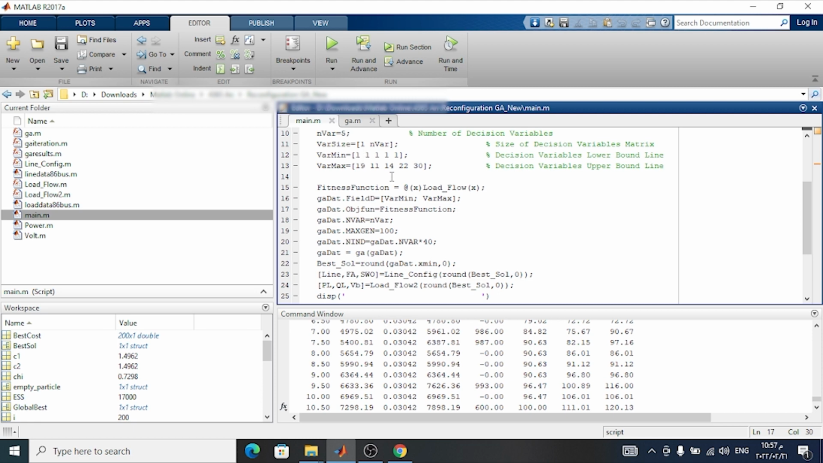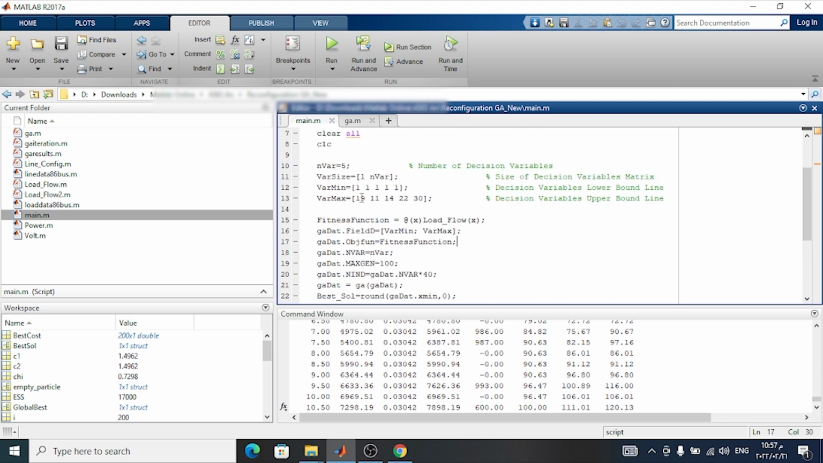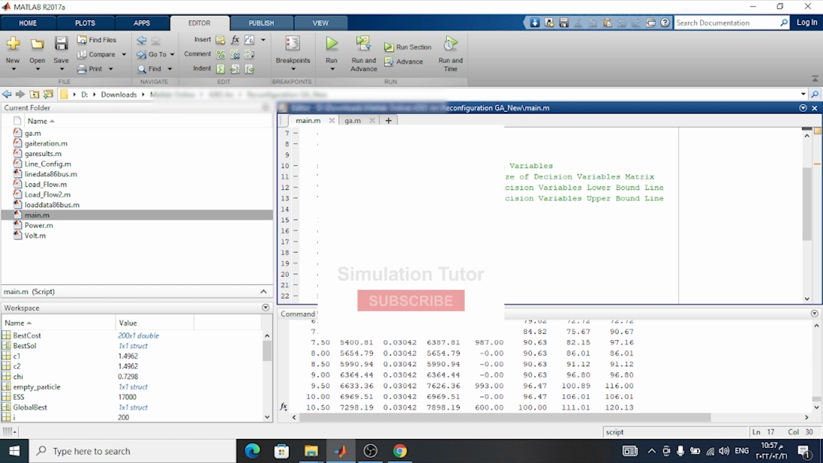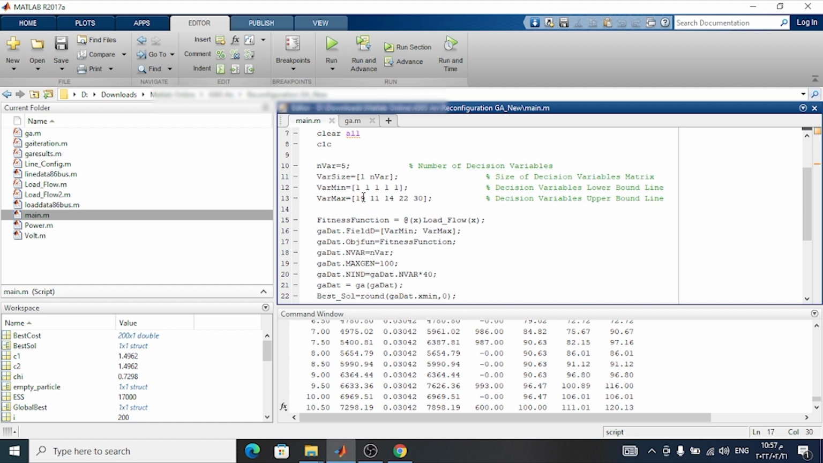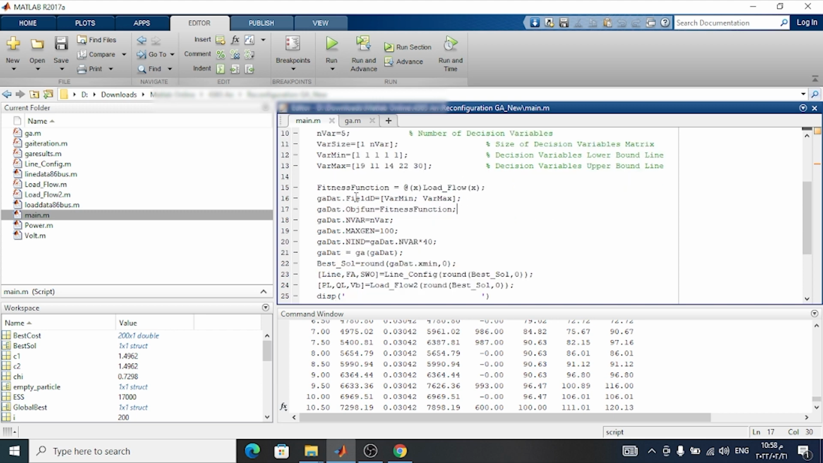So the first reconfiguration line from we have 19 line we can reconfigure, and the same thing the second is 11 and 14, the third line 20, 30,